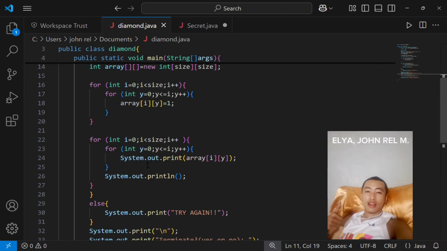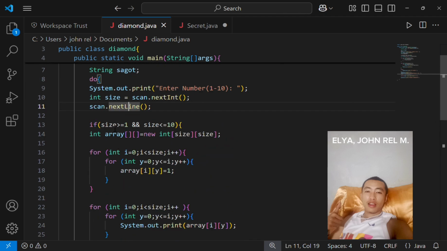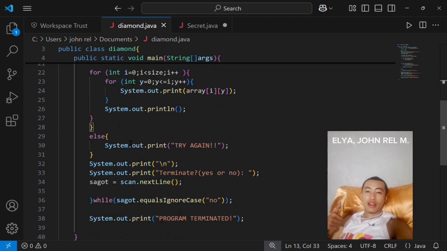I have two for loops here and an if else statement, all inside the do while loop. So else, if the user enters less than 1 or greater than 10, it will print try again. Because we have a do while loop, we have an infinite loop until the user stops the loop.